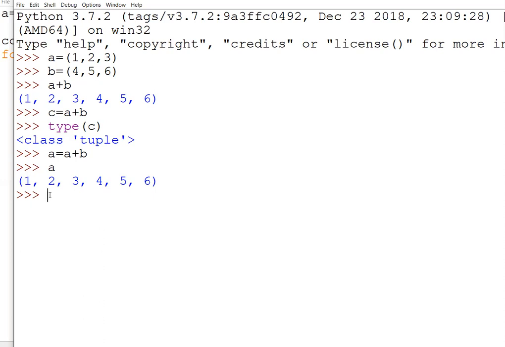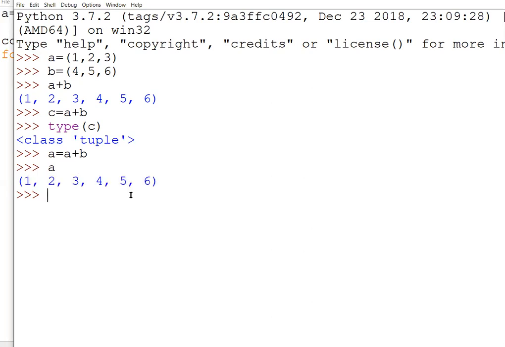But if you see, this is what we are doing with every immutable type. It is not like only with the tuple we are able to do this. Again and again I'm repeating only one thing: if you are writing like this, it is only changing the reference. You are not actually changing the memory location of the original A. Where your 1, 2, 3 was, that you are still not able to modify. What you have done is only changed the location of A. Instead of pointing to 1, 2, 3, now it is pointing to 1, 2, 3, 4, 5, 6. Still, if you wanted to make any change within this information, you will not be able to make the changes. So you need to keep this in your mind.